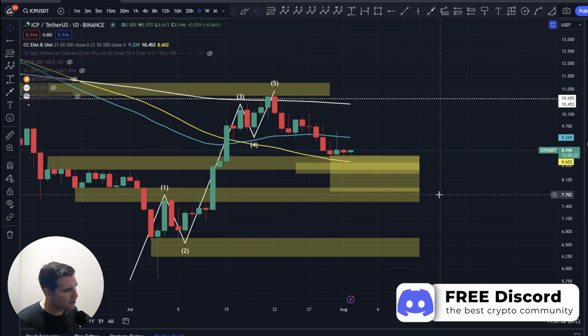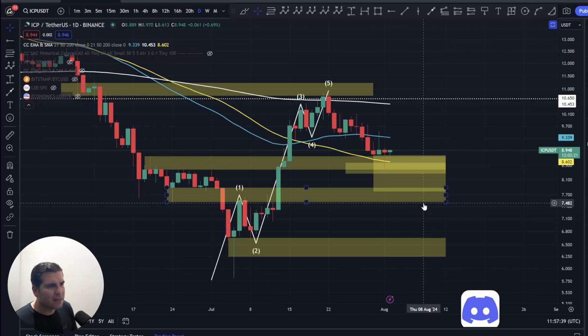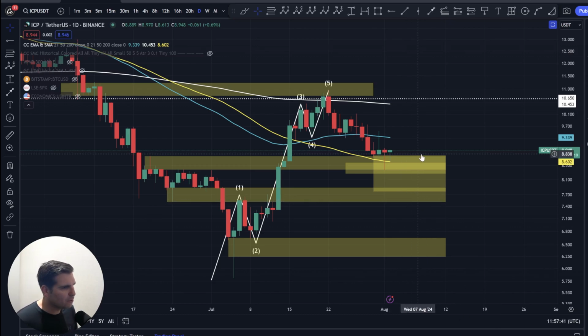Expect volatility. The stochastic RSIs are showing that the momentum isn't there to support a rally just yet. So ultimately, it's not looking like there's huge opportunities to go long, but potentially a little bit more of an opportunity to dollar cost average and build out those positions before we get into those next runs to the upside, where we do see those break situations.